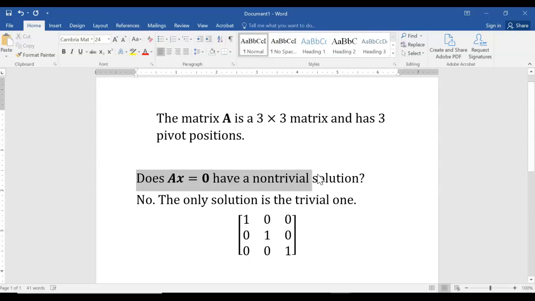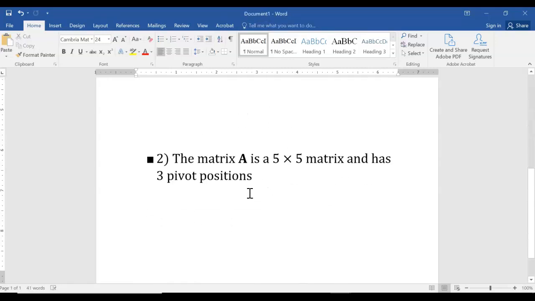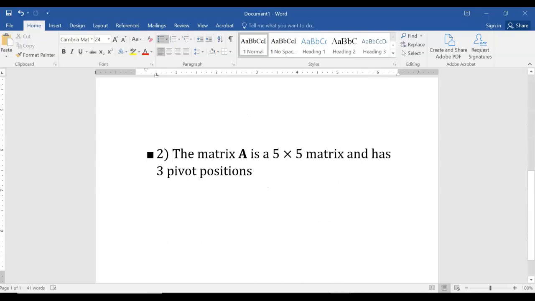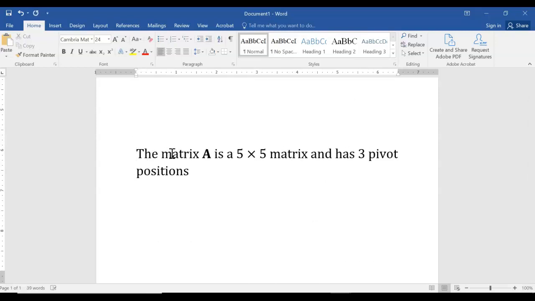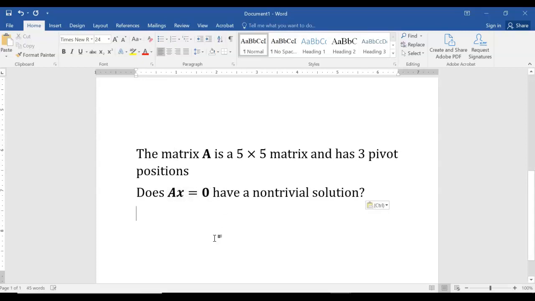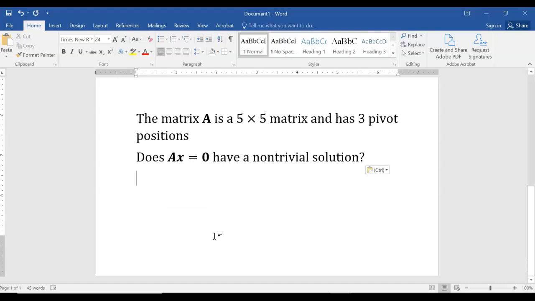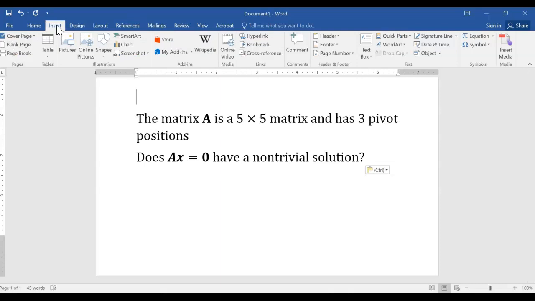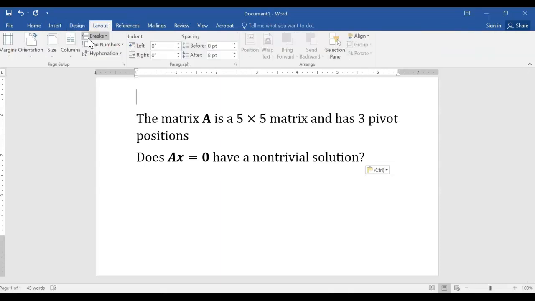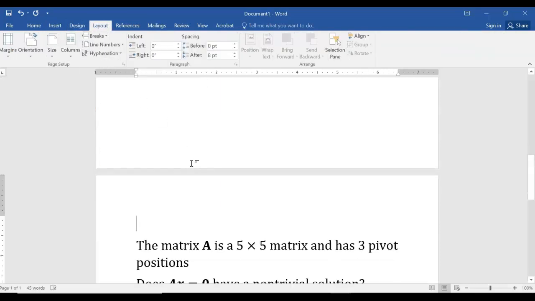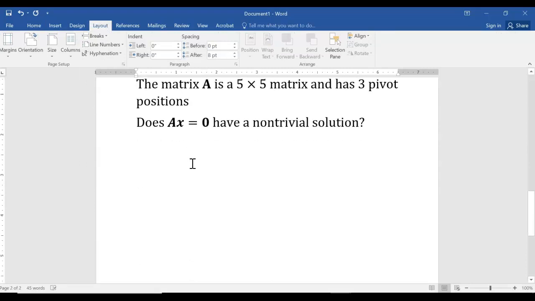Now let's ask the same question. Does AX equals 0 have a non-trivial solution for that other statement? So now we're saying the matrix is 5 by 5 and has 3 pivot positions. In fact, let me do a page break real quick. Layout break. There we go. Now, if the matrix is 5 by 5,